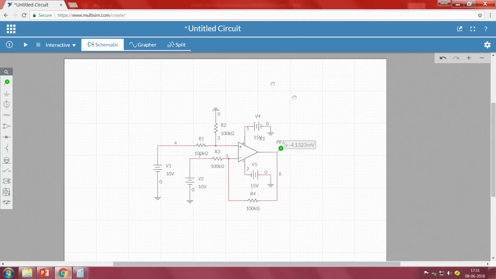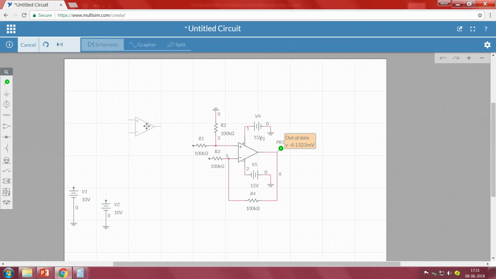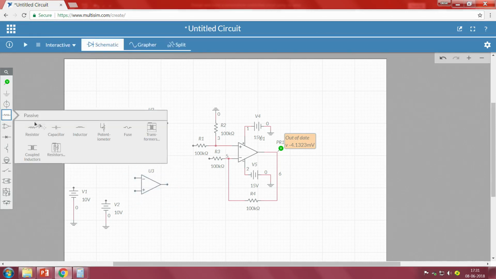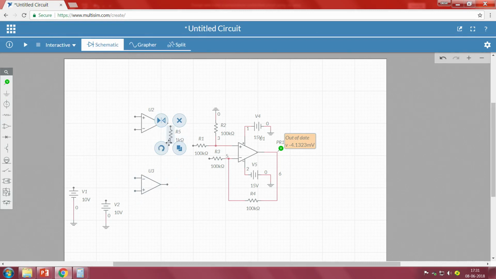Now, to the same circuit, I will take a few more op amps. So, let me keep this aside. I will take simply 3 terminal op amps, it is more than enough. So, I have to choose different resistors, one here, one more here and one more here.